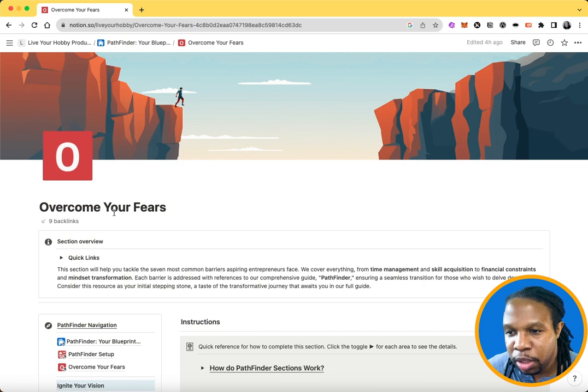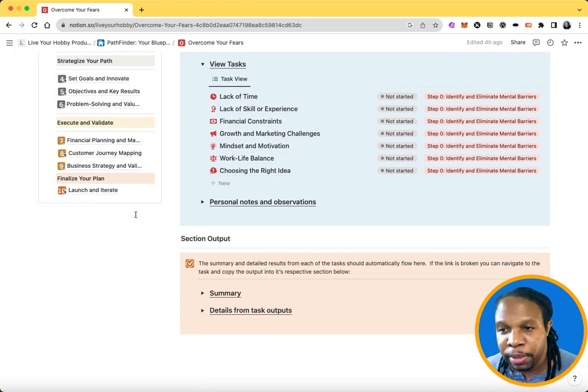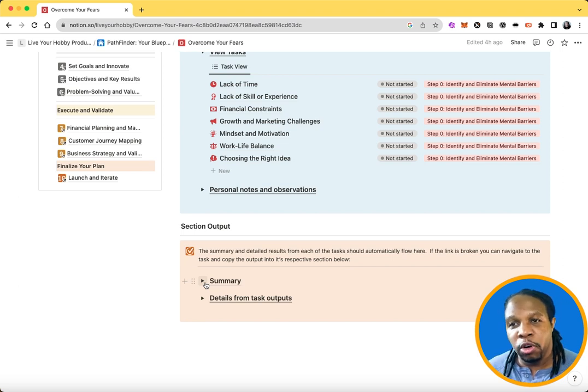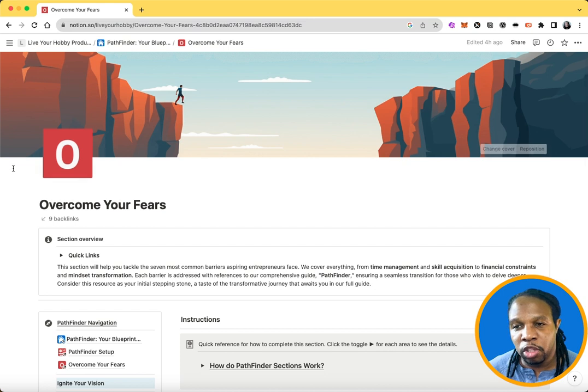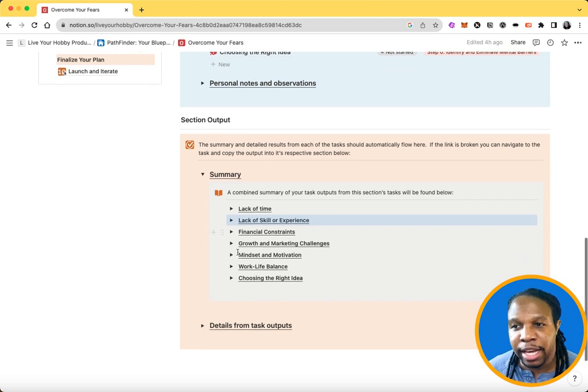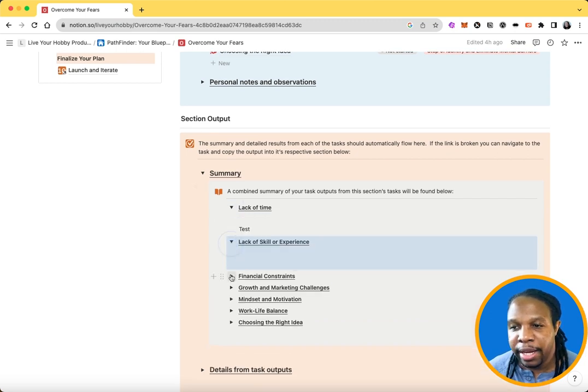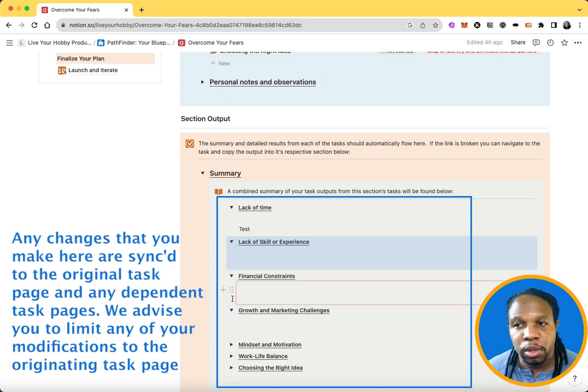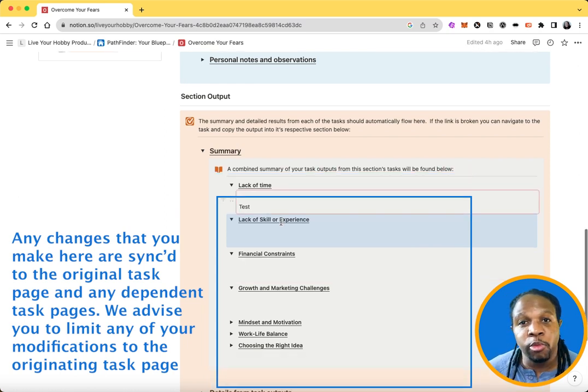Before we dive deeper into tasks, I just want to outline one more section of your Overcome Your Fears page. The section output area on your major section page, again denoted by a number at the top and a banner, will summarize all of the outputs that you receive from ChatGPT that you paste into the individual tasks. This section is placed here for quick reference. So after you complete your guide, you can see all of the major tasks within this section, and you can quickly expand and take a look at the output. What this means is once you complete this process, unless you want to go and dive deeper into a particular task within the PathFinder guide, you'll be able to easily get a summary of each of the tasks within this